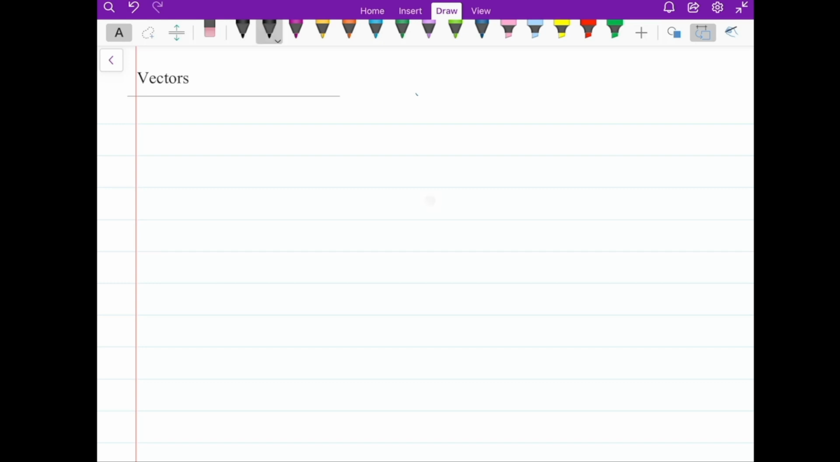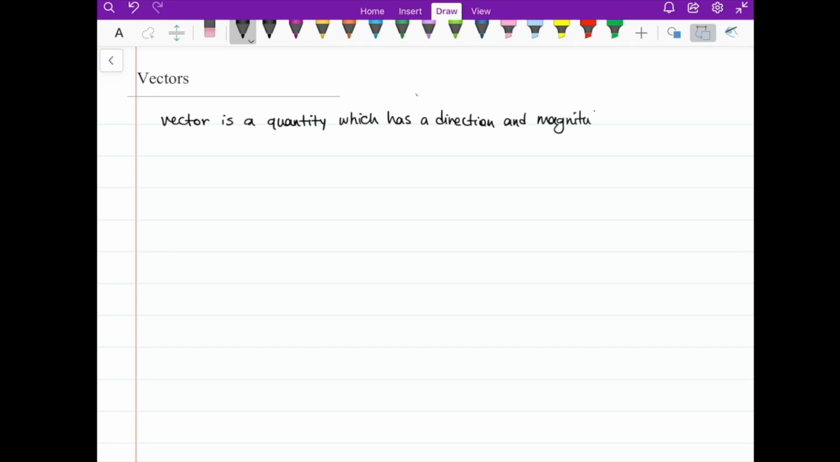Vector is a quantity which has a direction and magnitude, or we call it length. Okay,